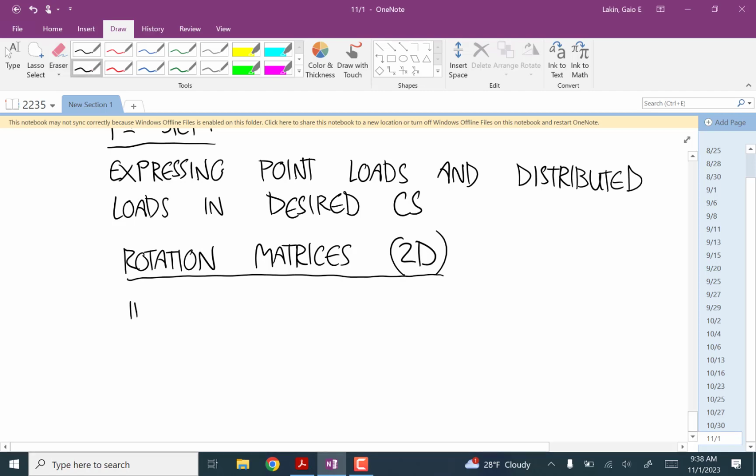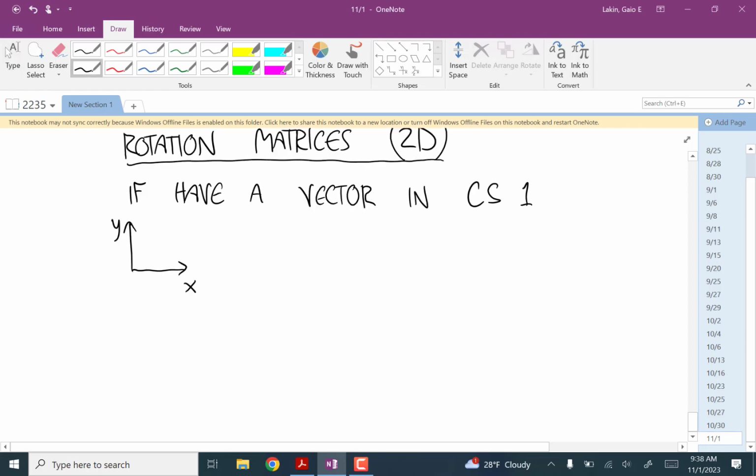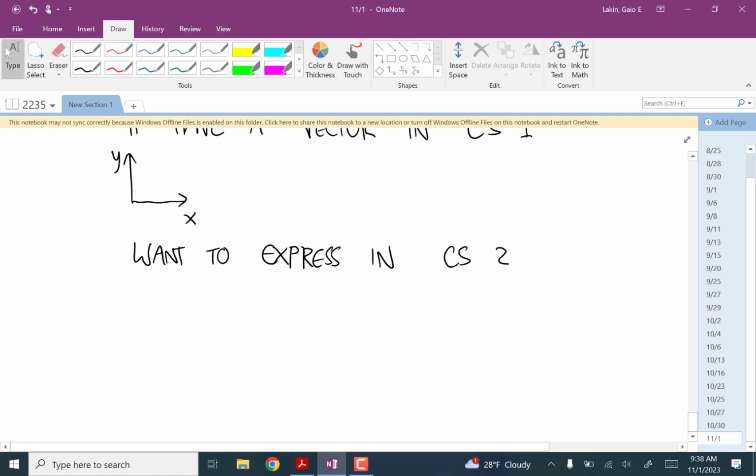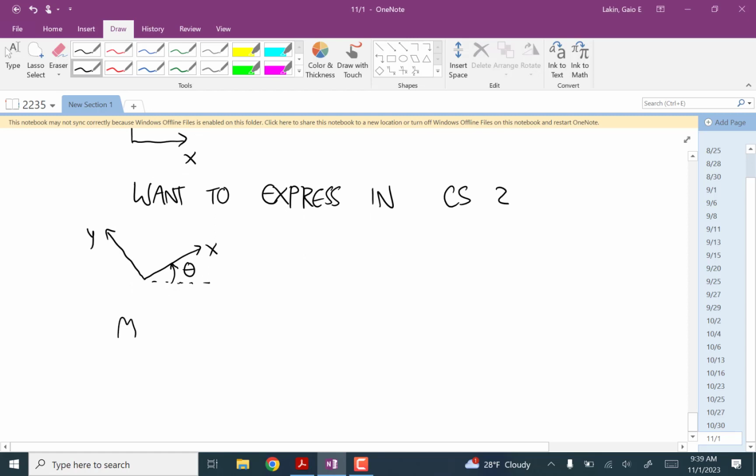So if you have a vector in coordinate system 1 that's oriented, let's say, like this, and you want to express the vector in coordinate system 2, that let's say it's like this, multiply the vector by the rotation matrix Q